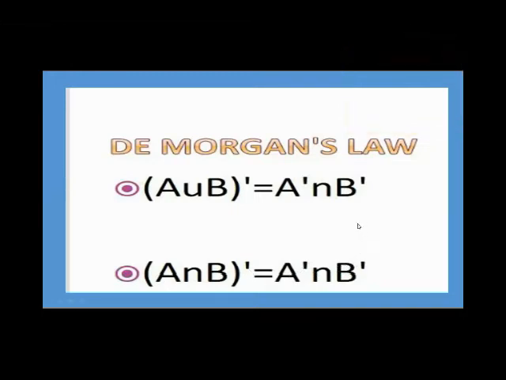For the clarity of the two laws, we are going to see a question. This is verification of the first law, that is A intersection B whole complement equals A complement union B complement. Keep in mind, if intersection is given on one side, then union will be given on the other side. If it is enclosed in a bracket, the other side is without bracket. If there is a complement on the whole bracket, then the complement will be given on both sides separately. This is the difference between the left and right hand side.